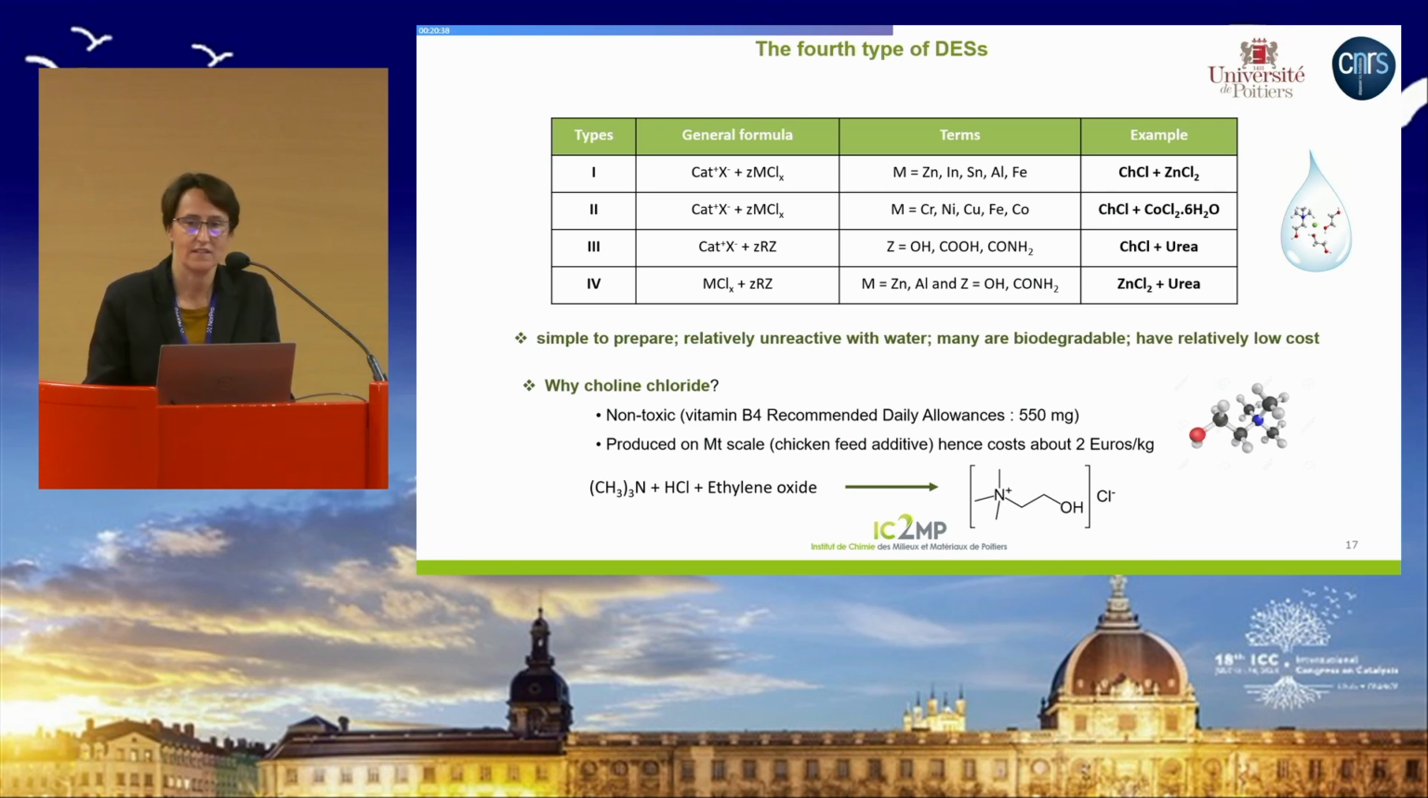When I say that, I sometimes get comments like, "I tried to prepare this deep eutectic solvent and it was not so easy." Normally it's simple, okay? You just have to mix, but you have to choose the right composition between your hydrogen bond donor and your hydrogen bond acceptor. If you are a little bit different from the eutectic point, you will have some difficulty obtaining